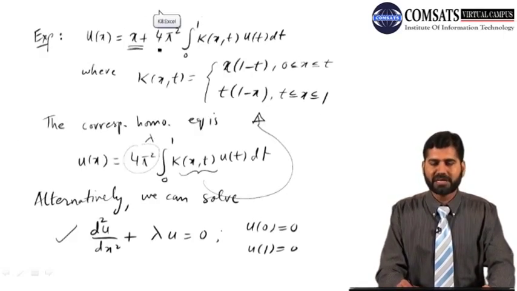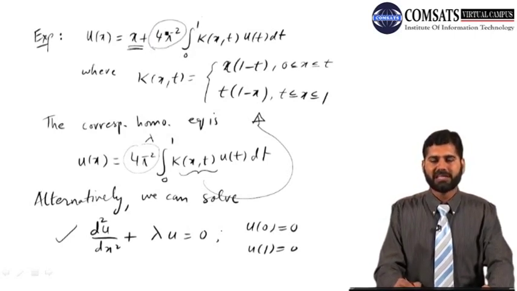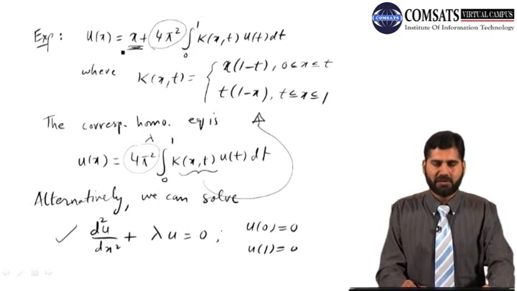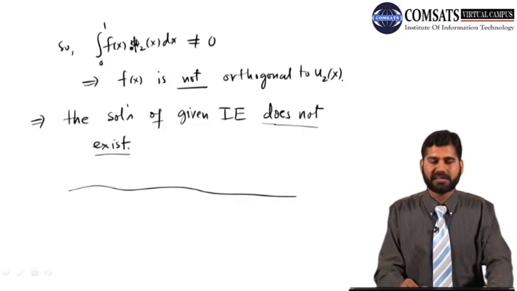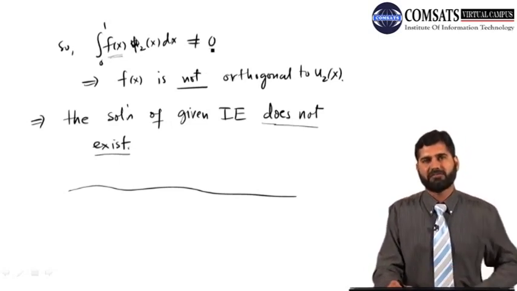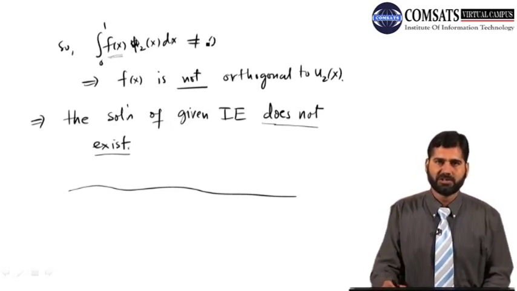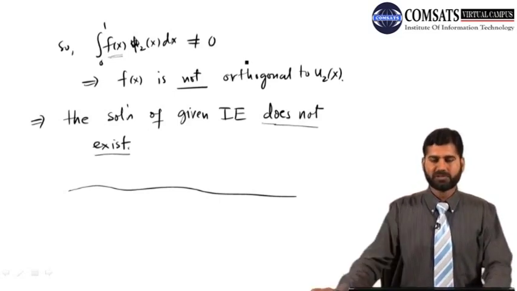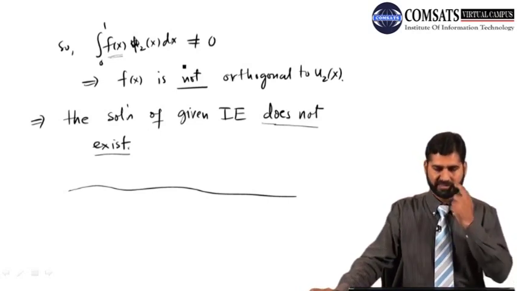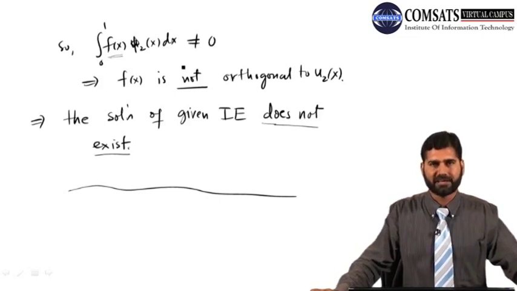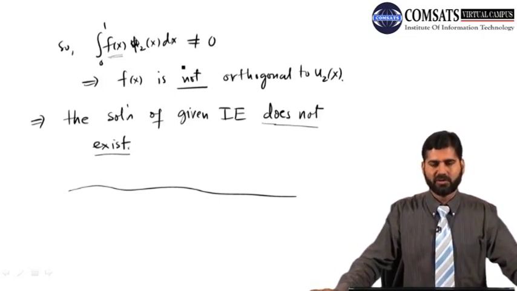But when we took lambda to be equal to an eigenvalue, we have seen that for this choice of f(x), you are not getting any solution. For some other choice of f(x) which is orthogonal, let's say we have some f(x) here for which we get 0 as the answer, then you will get infinitely many solutions. You are not getting a unique solution at all. All right, so these are two examples where we have used this Fredholm alternative, and we saw when we get unique solutions and when we don't get unique solutions, or no solutions at all.